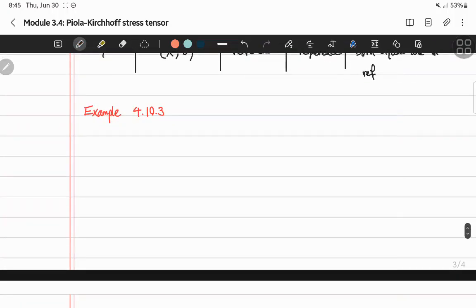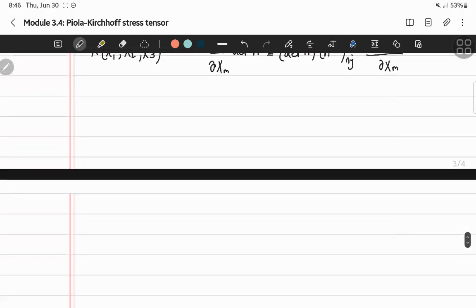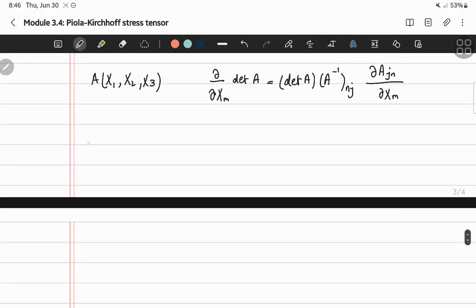So basically, it says that if A is a tensor of x1, x2, and x3, so this tensor is of these three components, and let's say that we know the partial derivative of the determinant of this tensor with respect to capital Xm is basically equal to the determinant of A times A inverse Jn times the partial derivative of A Jn with respect to Xm. Then we would like to show